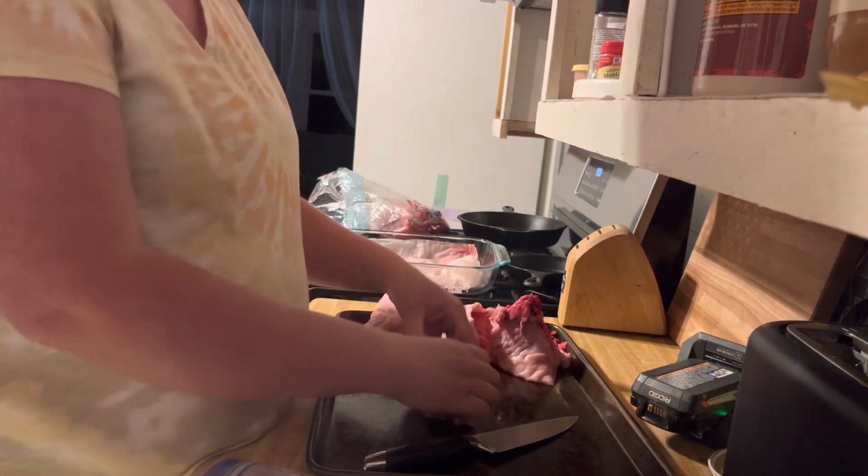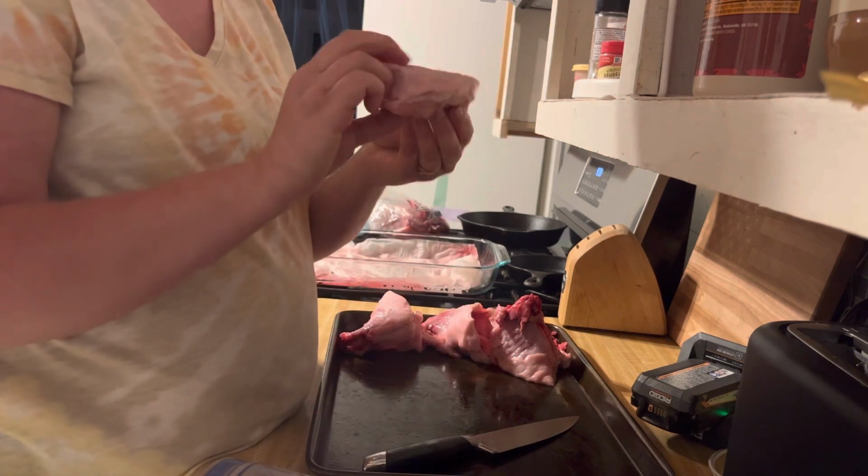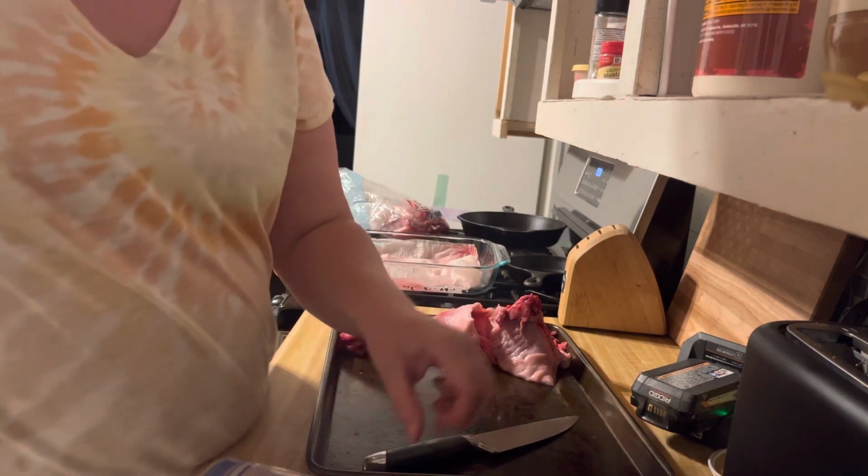Three rabbits. Two meals for our family. And maybe